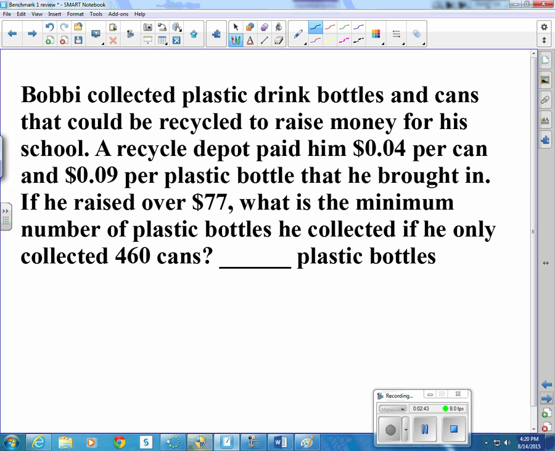Bobby collected plastic drink bottles and cans that could be recycled to raise money for his school. A recycled depot paid him 4 cents per can and 9 cents per plastic bottle that he brought in. If he raised over $77, what is the minimum number of plastic bottles he collected if he only collected 460 cans? Well, we know that